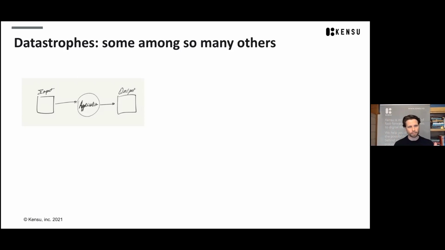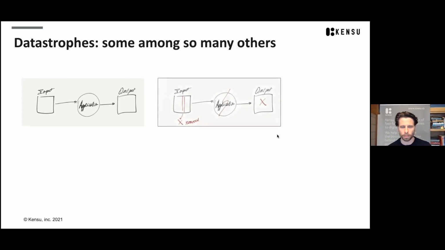But the data, not information, is always the result of an application, which takes an input and produces an output. What are the different things that can go wrong? For instance, for the input, you can remove one of the columns or JSON fields or whatever.